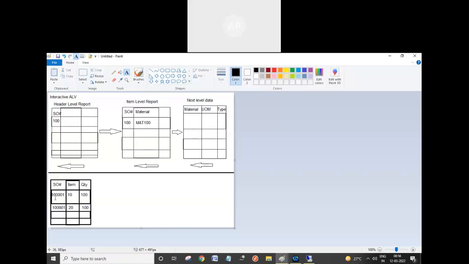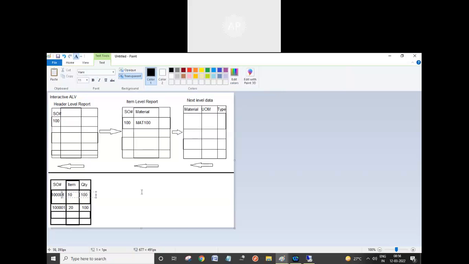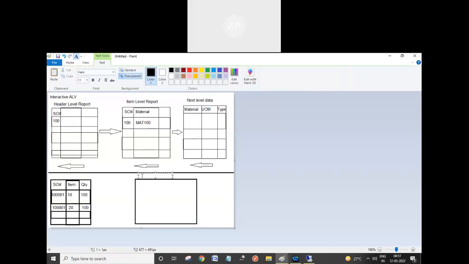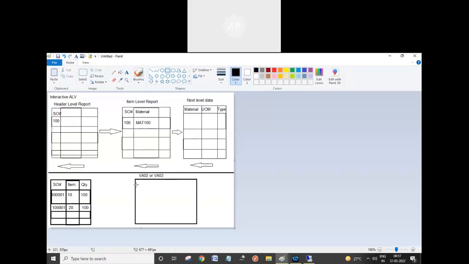When I click on the sales order number, it should navigate me to VA03 or VA02 transaction code. VA03 transaction code should automatically navigate to this transaction code. Okay, clear? Clear.